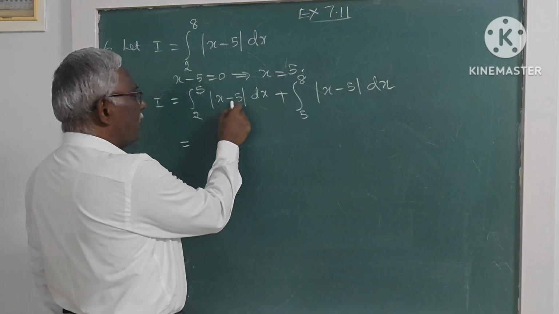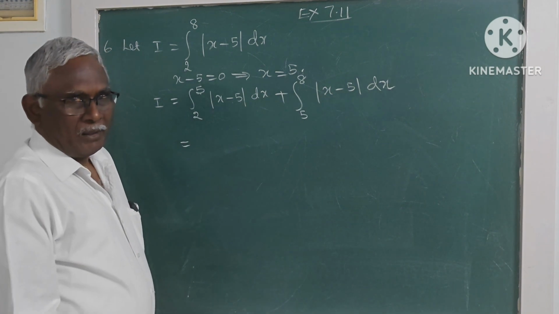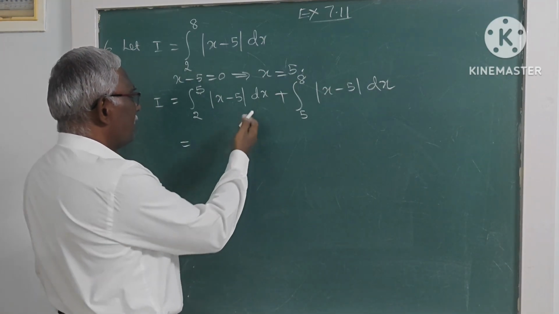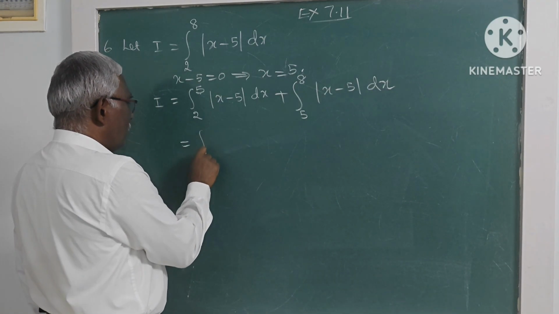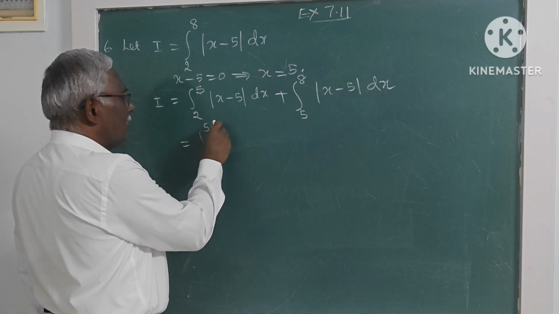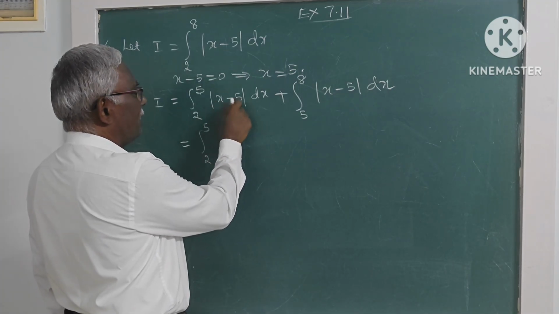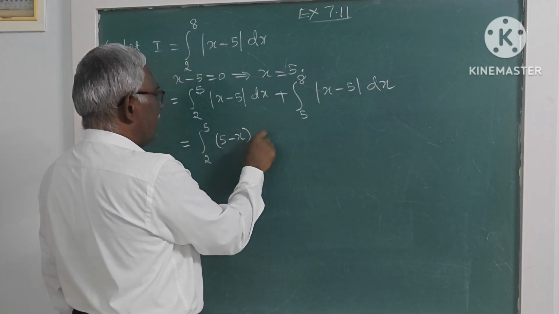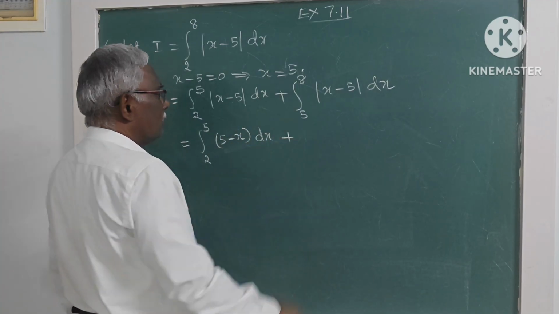So 4 minus 5 is minus 1. So we have to make this positive. So you have to add a negative sign. So from 2 to 5 we can write minus of x minus 5, that is 5 minus x, dx, plus